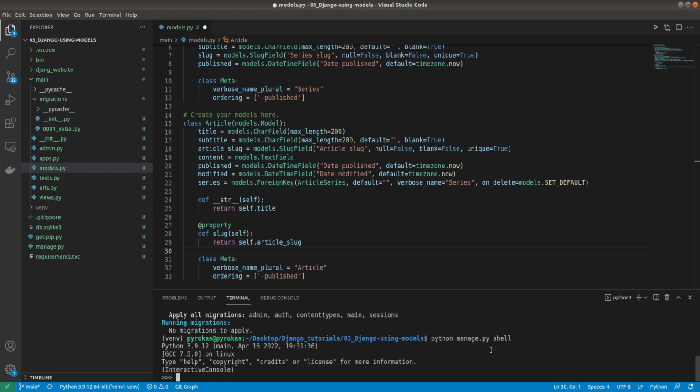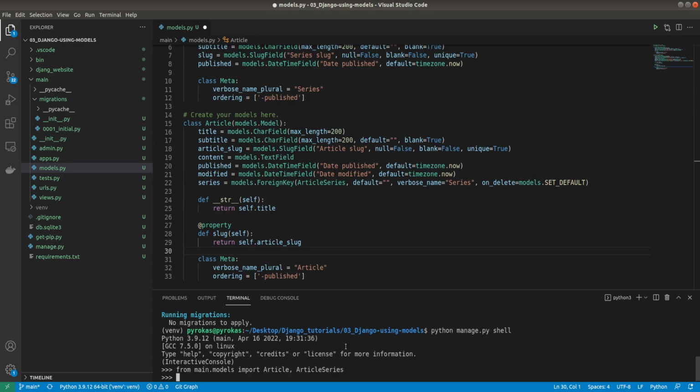Let's import our article and article series for now. So I do from main.models import Article and ArticleSeries. It's cool, it worked. And now we can try to create a new series. So new_series will be equal to ArticleSeries, and the title will be dogs. Then the subtitle will be equal to